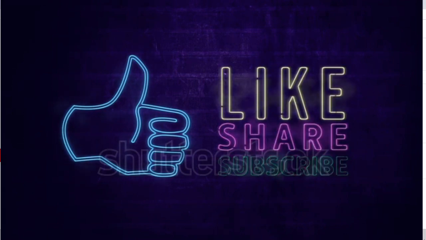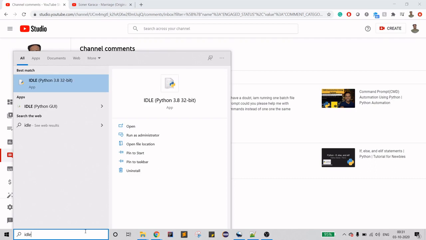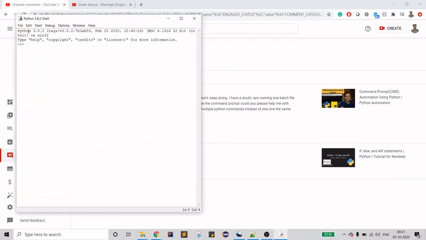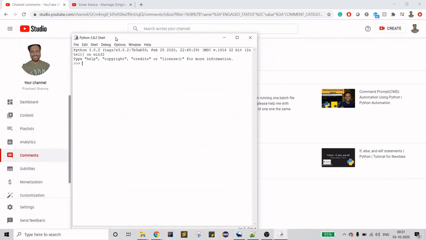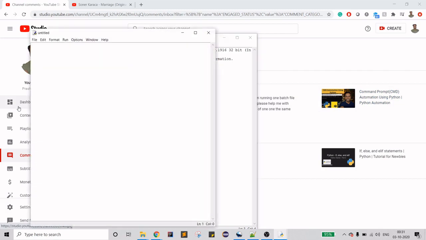And yeah, let's work on the code. Okay, so what we have to do is basically I'll be recreating what we did in this video. So this is going to be a second part video for this one. So what we have to do is basically first let's open the command prompt. So what you have to do is you have to just use os and then os.system, and then you have to type the command. So